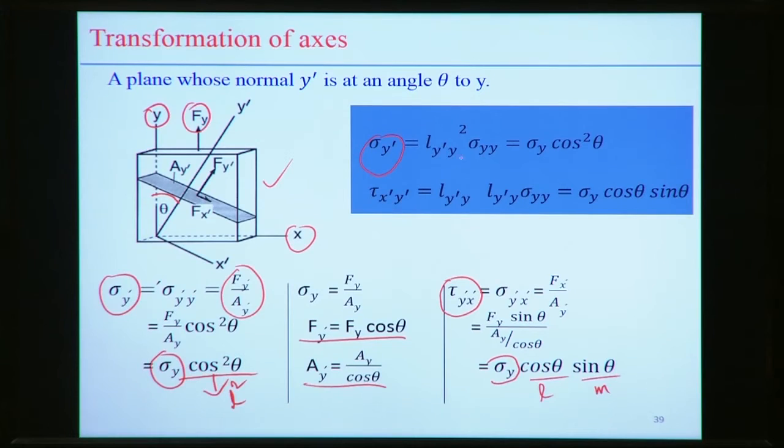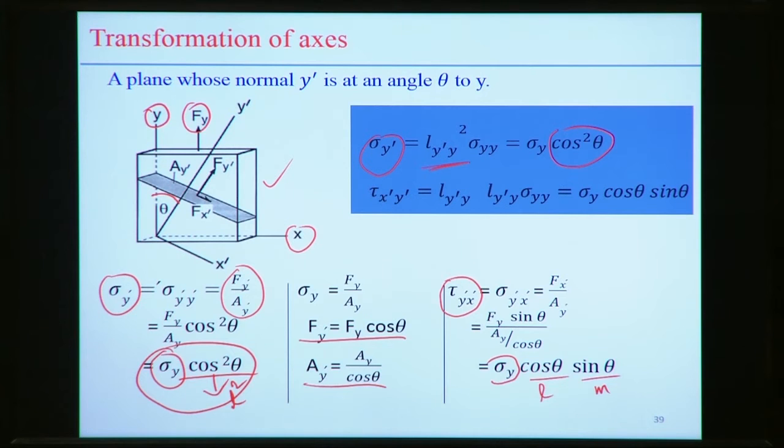But if we use the formula we have derived to find sigma y dot, the new stress value at the new transformed axis y dot, then we get the direction cosine squared times sigma y. The direction cosine L with respect to y and y dot, because they make angle theta, is cos square theta. So here it becomes sigma y cos square theta, which is very similar to what we physically verified by looking into the orientation of the plane.